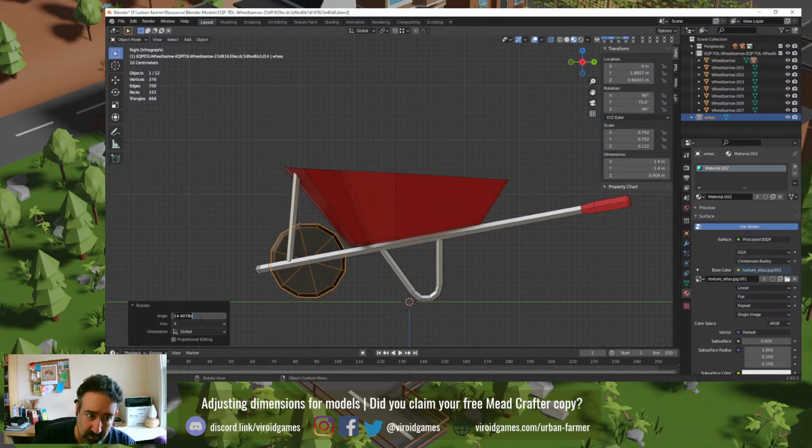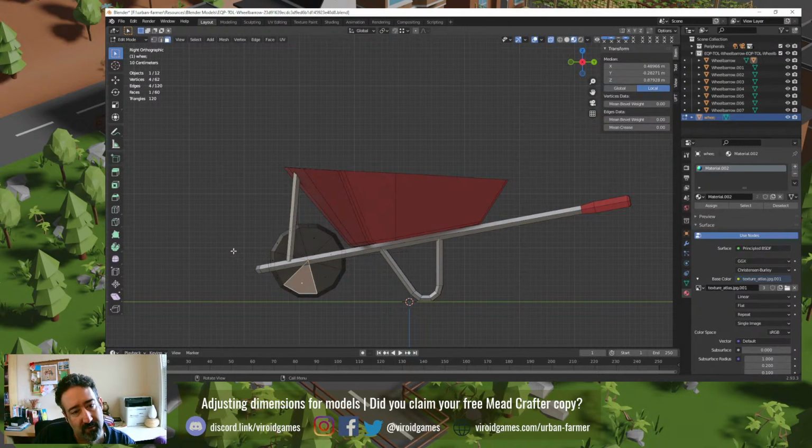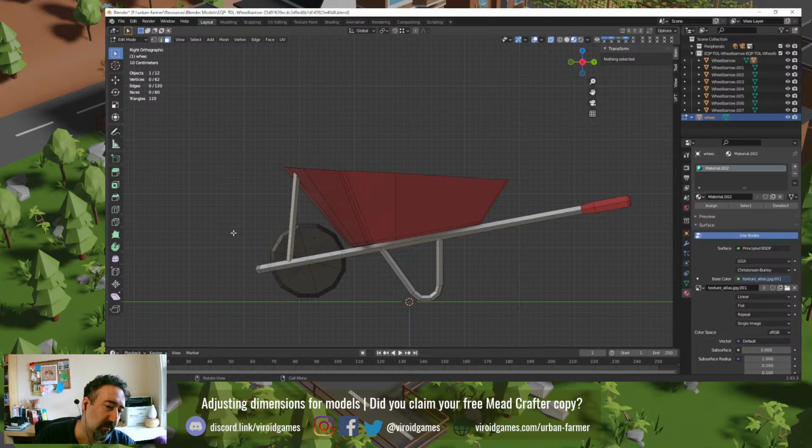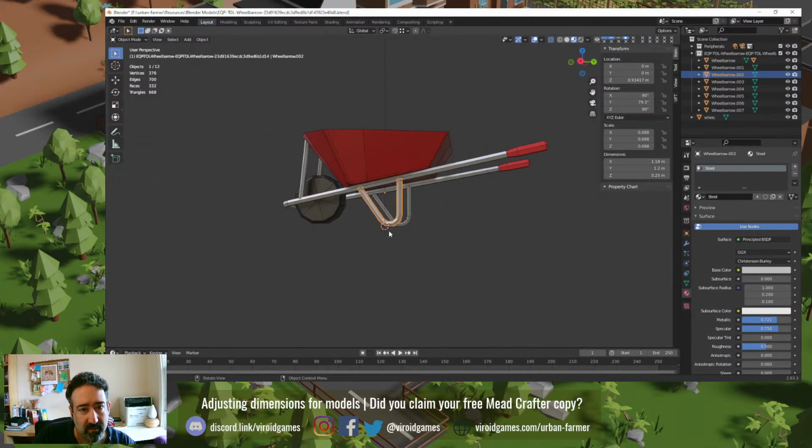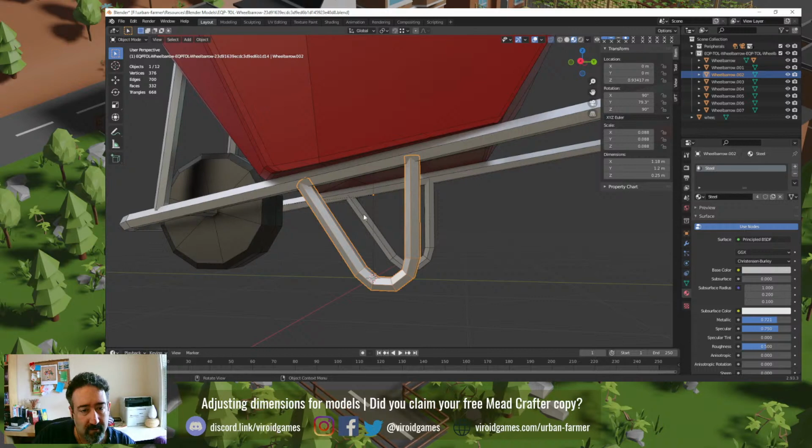I think that's going to be 15 degrees. Mathematically checks out, visually checks out. So everything should be attached to this bad boy here. This guy's pivot point should be